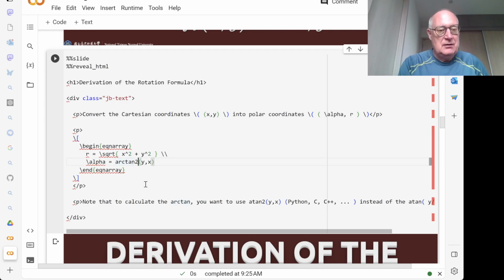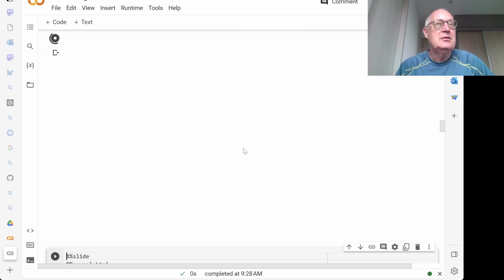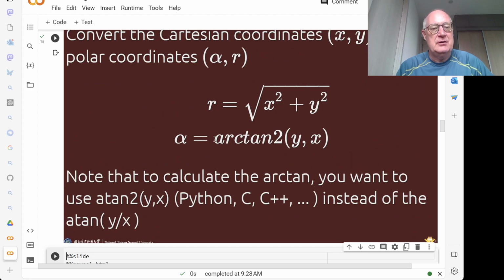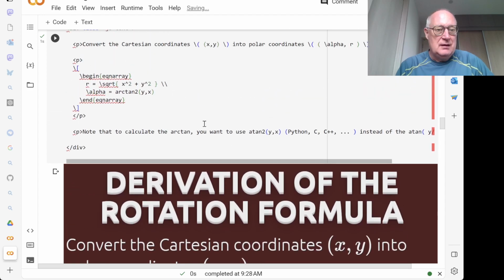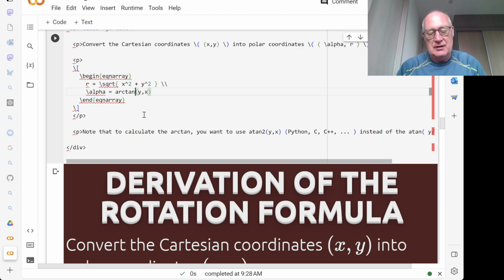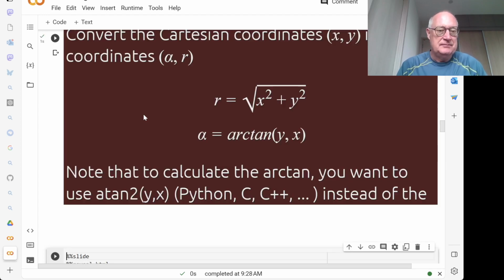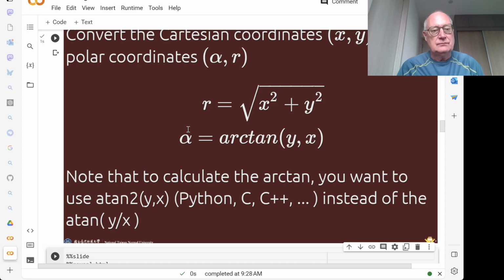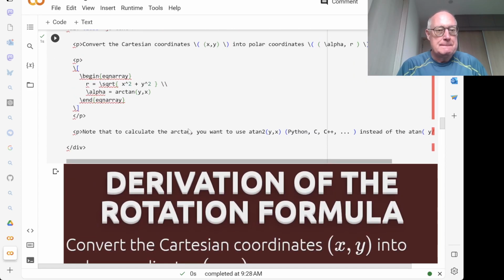Just to remind you, if you have to calculate inverse tangent, it's always better to use the arctan2 function in Python or any other modern programming language. Actually, it says that in the next slide. So I'll just do it like that. So arctan or atan takes a single argument, y over x,